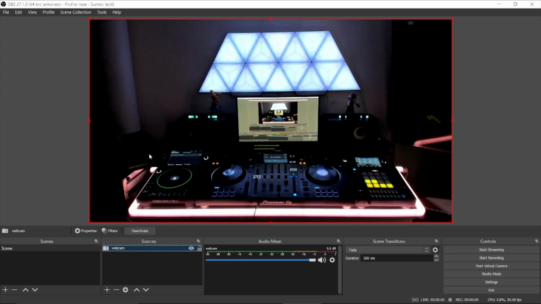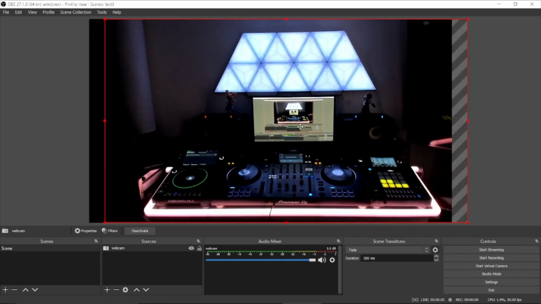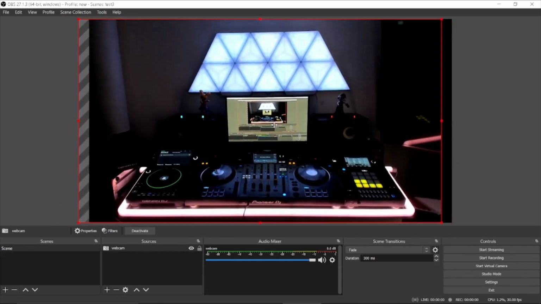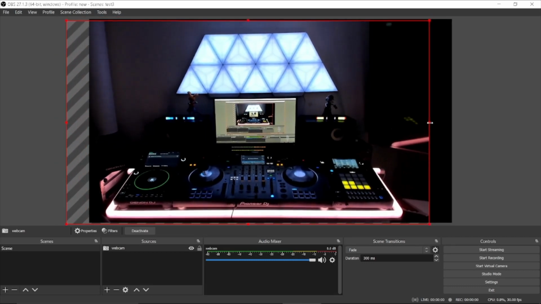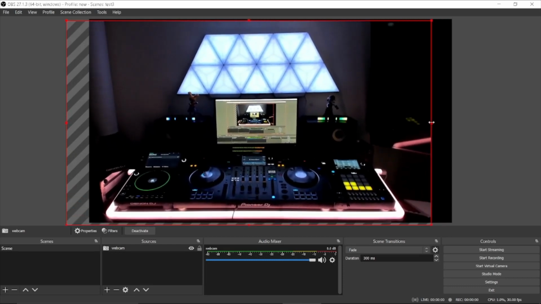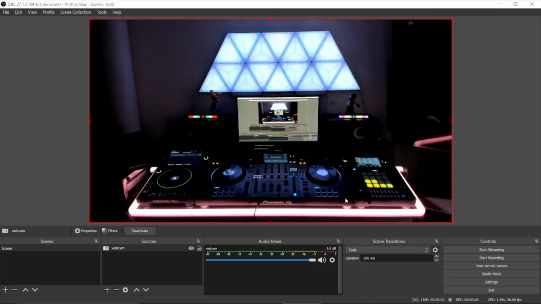Now one of the other things, I don't want to have all this stuff on the side. I just really want to frame the DJ system, right? So if I move my camera, I can grab this, and I can move the whole thing around. And there are some things I can do here. You see these little markers on the side, right? If I grab them, I'm just changing the size of everything. If I right click and go to transform and say fit to screen, it fits it to the screen. Now, if I hold down the Alt key while I drag it,